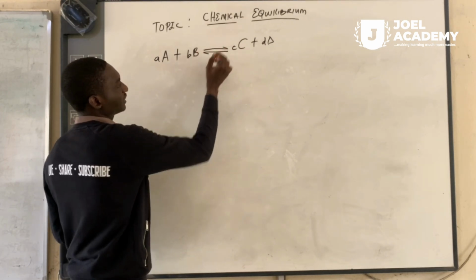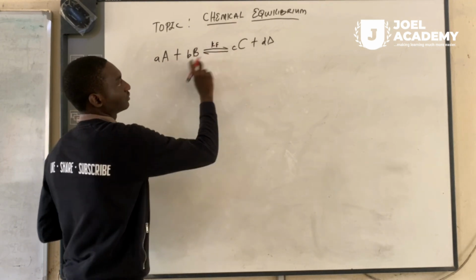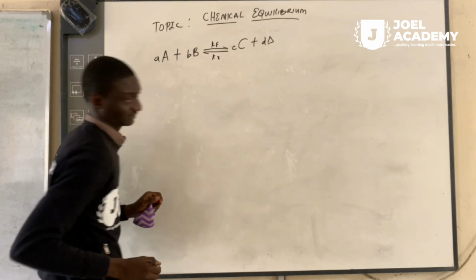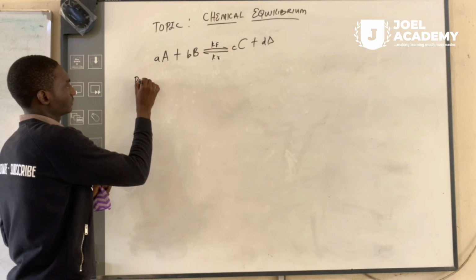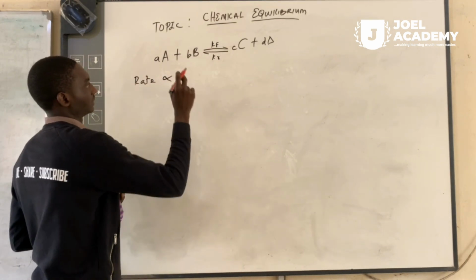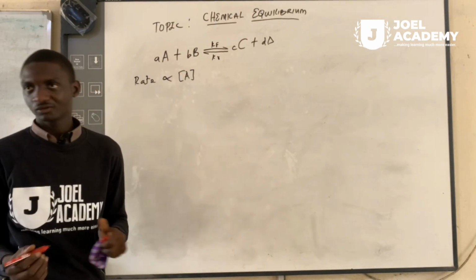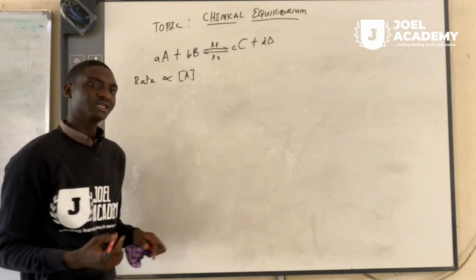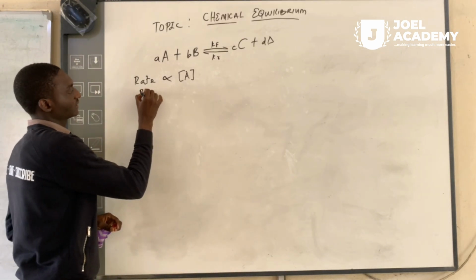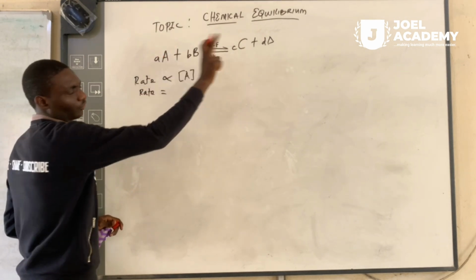Now, for the forward reaction, let's represent a constant Kf, while for the reverse or backward reaction, let's use a constant Kr. Now, the rate of the reaction is proportional to the concentration of the species involved in the reaction. So from our mathematics, if we are dealing with A and B for the forward reaction,